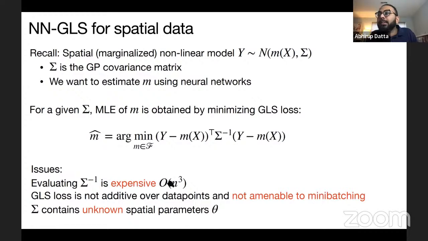For n locations, it will typically take order n cubed operations. And when you introduce this dense sigma in the middle, you lose the property that your loss function can be broken up into a sum of loss functions corresponding to mini batches. So the GLS loss is not amenable to mini batching. And then the last piece is that the sigma matrix will have the unknown Gaussian process covariance parameters theta, and so we would need to estimate those in addition to estimating the parameters of the mean function m.